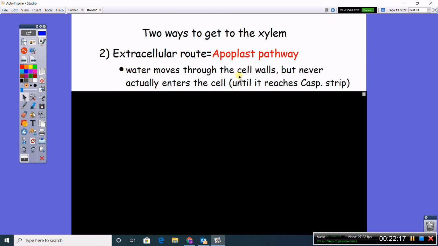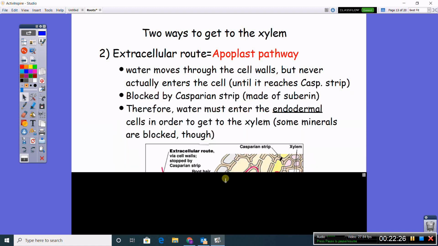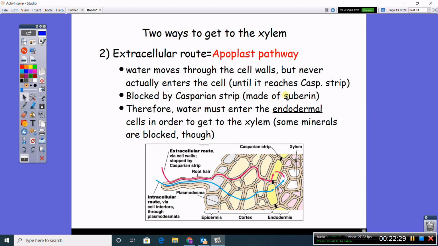So in this pathway, the water is moving through the cell walls, but it doesn't actually enter the cytoplasm of the cell until it gets to the Casparian strip. And so the Casparian strip is made of suberin, and that is what's forcing it to enter an endodermal cell, a cell of the endodermis. So if we look at this red colored line here, or pinkish colored line, whatever color you see that as, notice it enters, but it doesn't actually go into the cytoplasm. It's going to enter and travel within the cell wall,